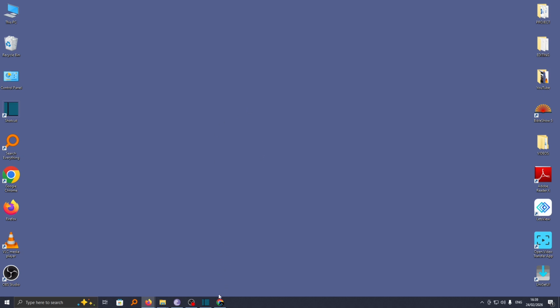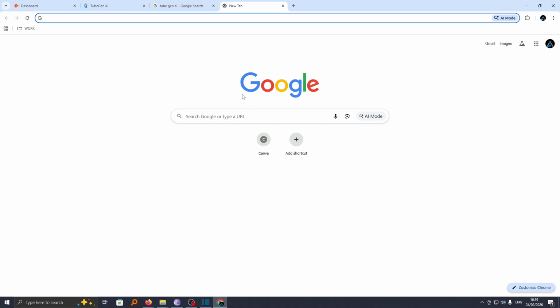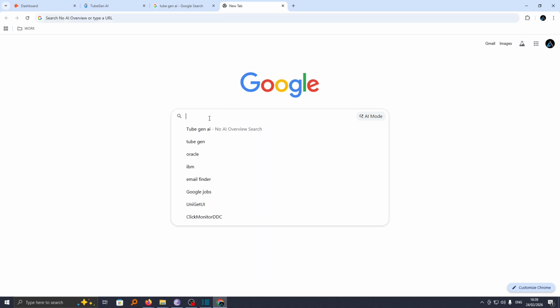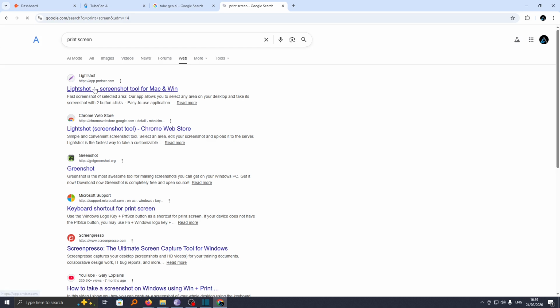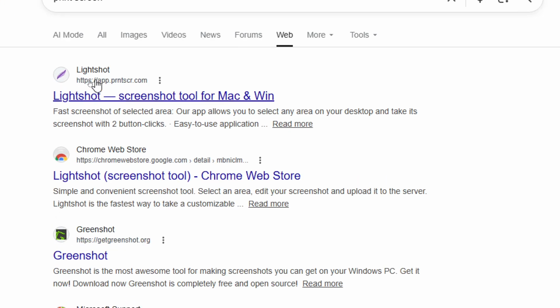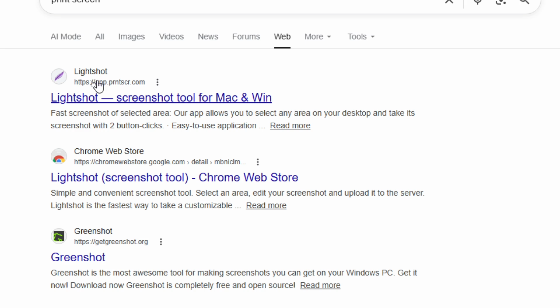Alright, to do this, we need to go ahead and install a one-off tool. And for that, just go ahead and search for print screen. And this will take us to this Lightshot website. You can also just search by Lightshot. So this will take you to this print screen Lightshot website. Go ahead and click on this